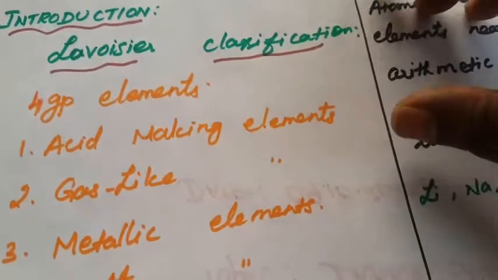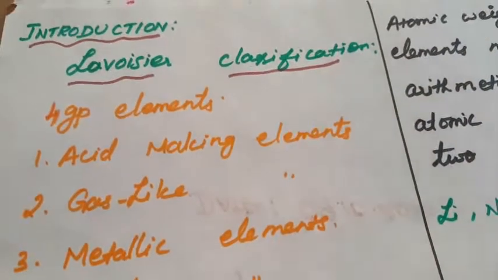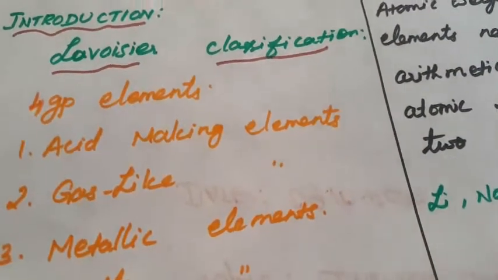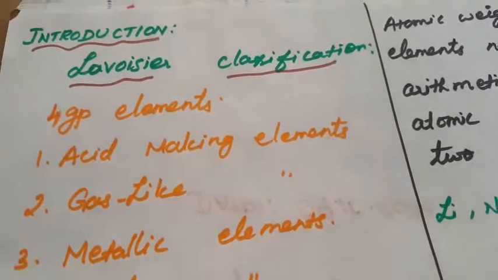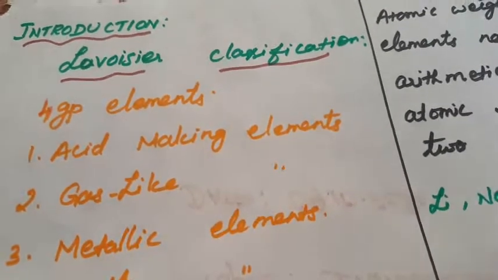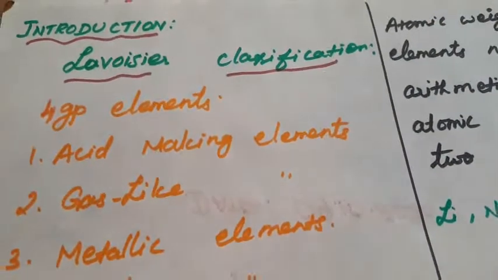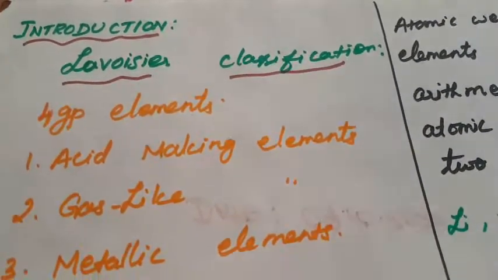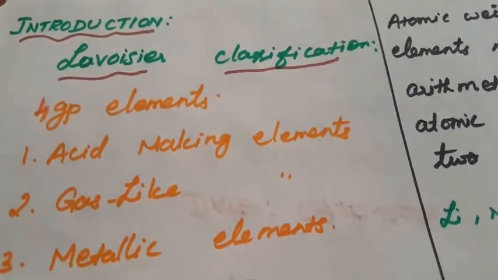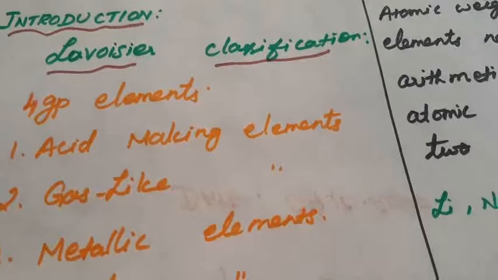So first we are going to see the introduction part of this periodic classification. First one is Lavoisier classification. Before going to that, more than 100 naturally occurring elements are present in the periodic table. Nowadays 118 elements are present in the modern periodic table. In human civilization, in the Stone Age years, man used some metals without knowing their names or uses. That is the main thing they introduced.